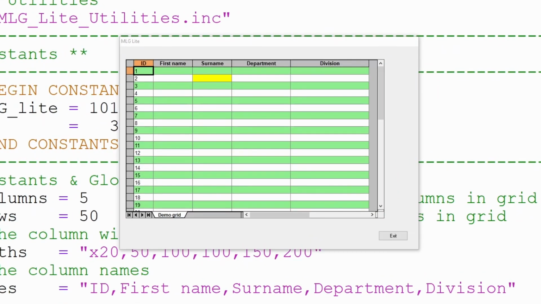This was our application at the end of the last video. We have a dialog, and on that dialog is a MyLittleGrid. This grid we have configured to have 5 columns. Each alternate row of this grid is color banded. We have an ID column which is populated between the numbers 1 and 50, as we have 50 rows in